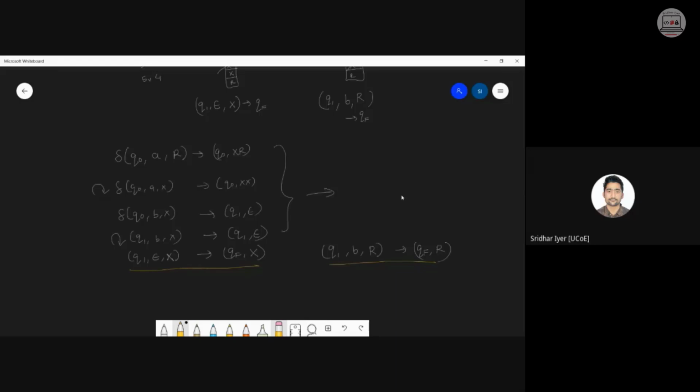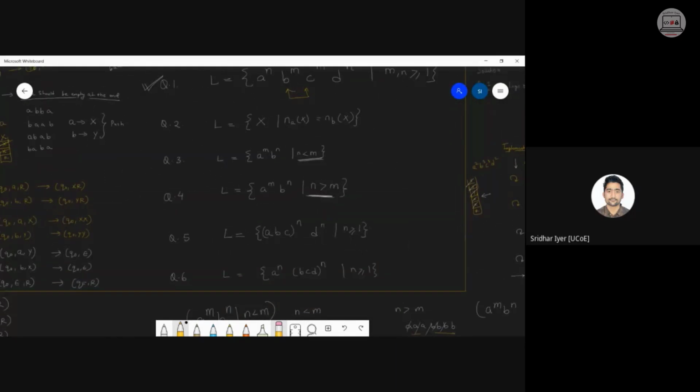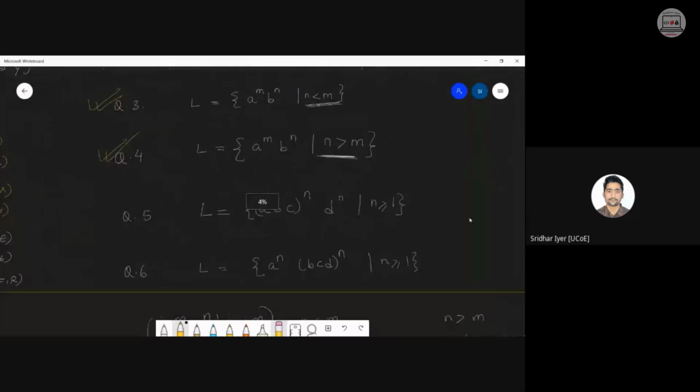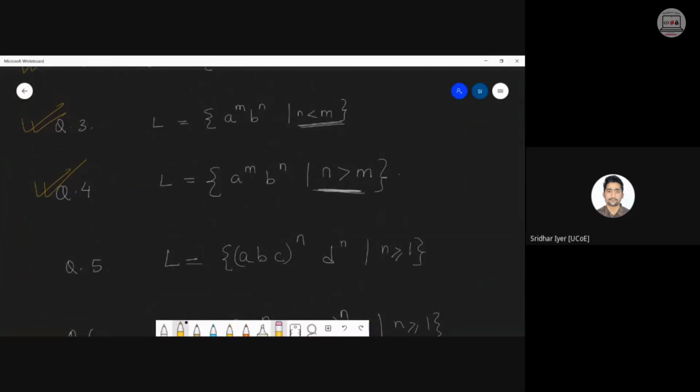So this is actually what happens. Okay. So we have already covered question number 1, question 2, question 3, and question 4. Now we can see this fifth problem, interesting one, fifth and sixth. These sort of problems आपने नहीं किए होंगे अब तक. We have not done such problems जहाँ पे multiple inputs are involved. So just have a look at this fifth problem. It is quite similar to the next one also.